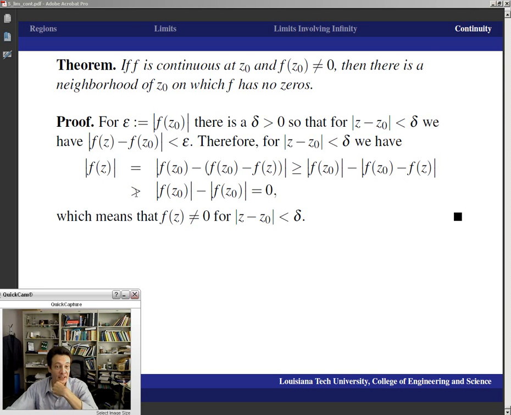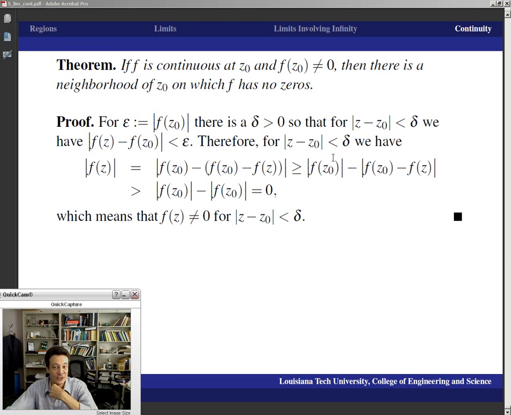All right, what can I control? I can control the difference between f of z and f of z0, and I can make that small. So it makes sense to shift in this f of z minus f of z0, and then again, with enough experience with the triangle inequality, we realize that the absolute value of a difference is always greater than the difference of the absolute values. And here's where, because I want to make this greater than 0, I want to